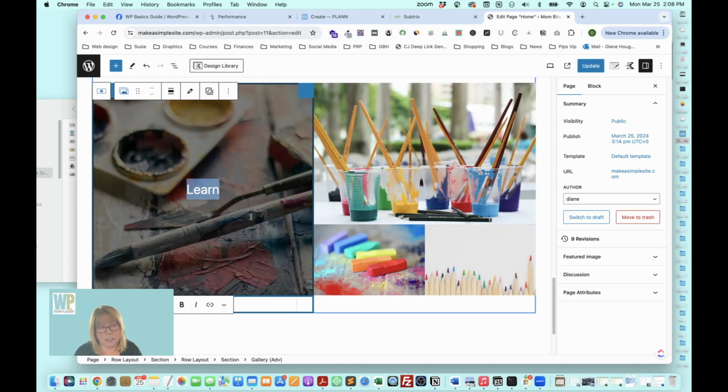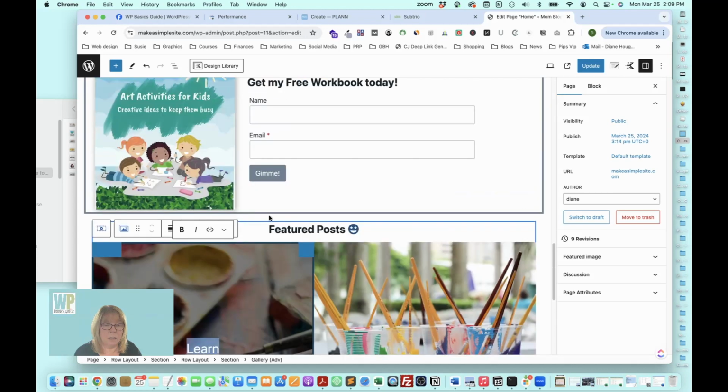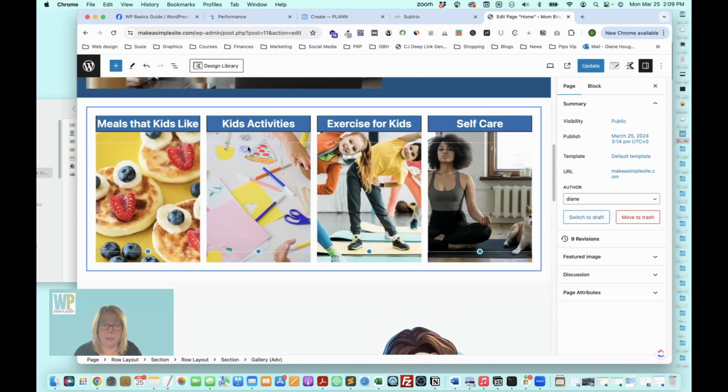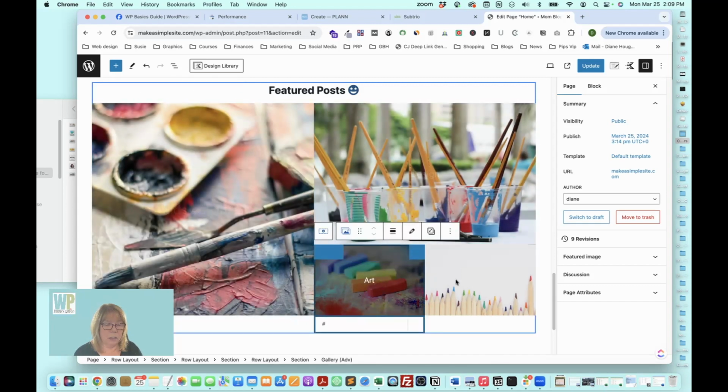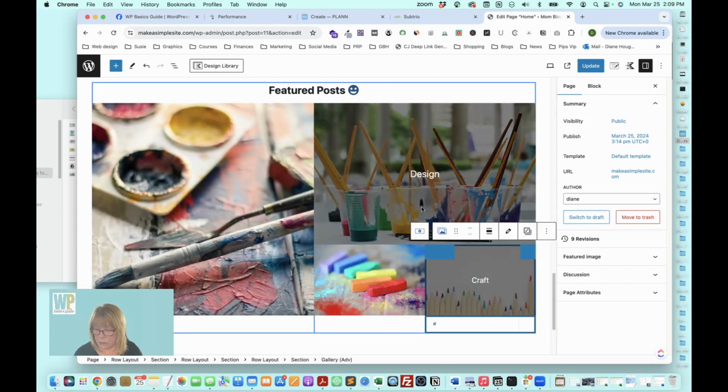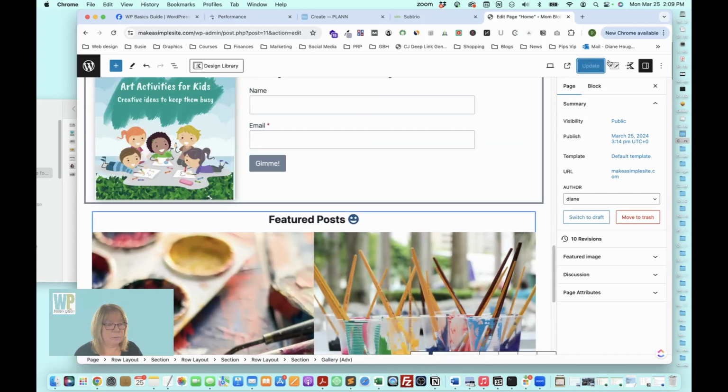So, since this block is bigger, I'll probably do the most important category on my site, which will probably be the kids' activities. And you may want to put a specific activity here that's really popular and that will keep people on your site. So it could be an art project or a craft or whatever. And you're going to go through each one and put a link to your different categories. Okay, so now when I update this,